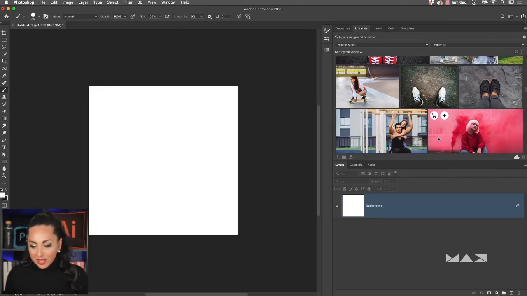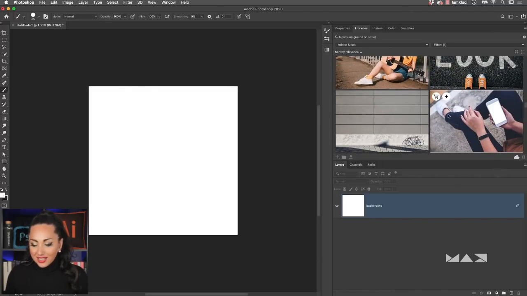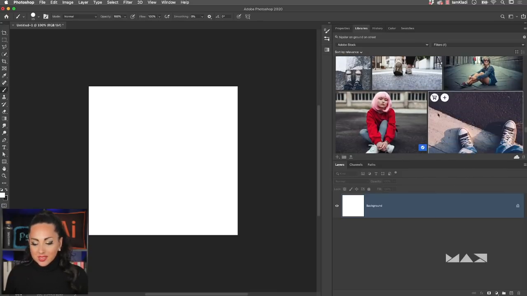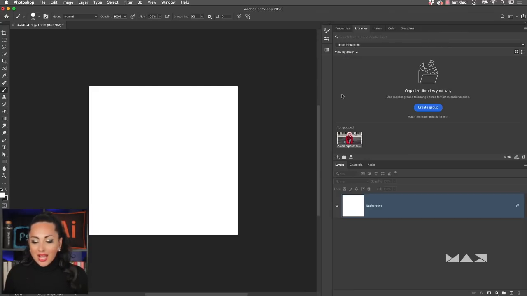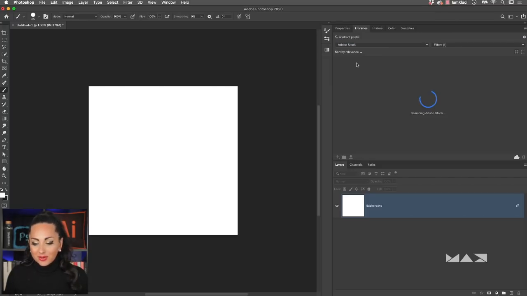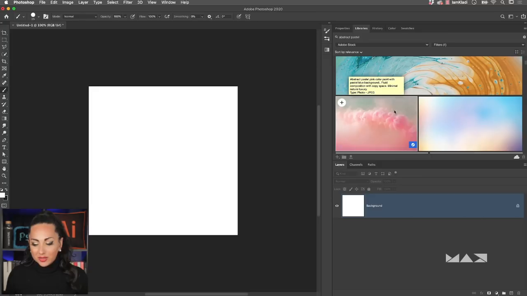Once you find an image that you like, all you have to do is click on the little plus icon in order to add that image to your library. And when you are set with a specific image, like I'm going to use this one, all you have to do is license it by clicking on the little cart icon. I'm going to do the same for the background. I'm going to go for a more abstract background. Again, click on the little plus to add that into your library and click on the little cart in order to license it when you're ready to use it.